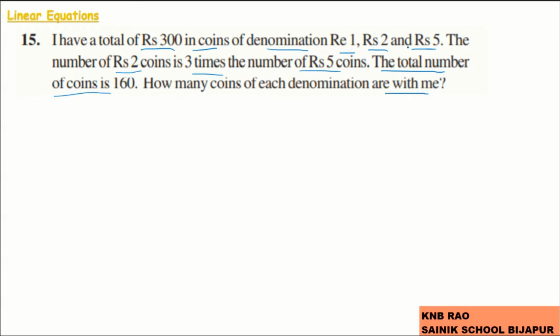So in this riddle, first we use this sentence which says that the number of rupees 2 coins is 3 times the number of rupees 5 coins, where that sentence clearly shows that the number of 2 rupees coins is depending on the number of coins of 5 rupees. So let us assume